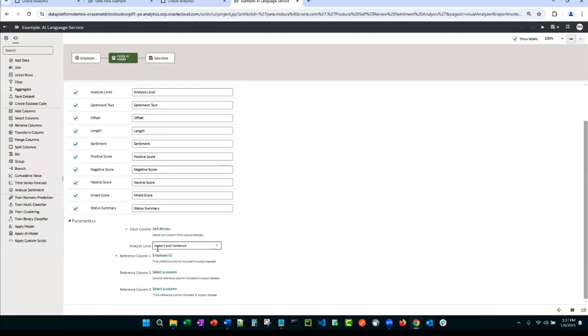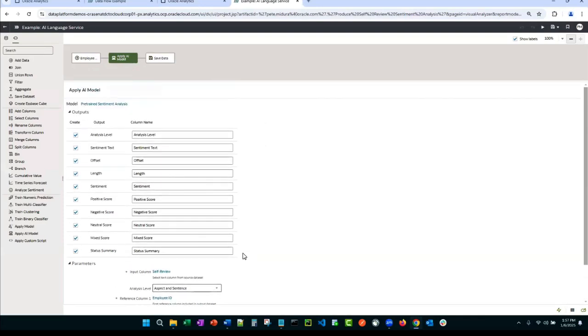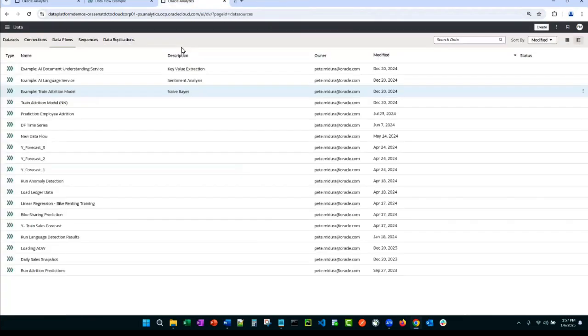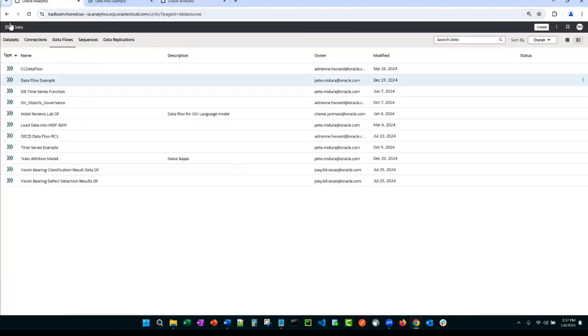You have a lot of other features in here to customize what the model will deliver against your data. So again, all drag and drop, all within the platform, many integrated services. So data flows have a couple different data purposes to either create data or work with machine learning models and our AI OCI services. The last area I want to touch upon quickly is our semantic modeler.